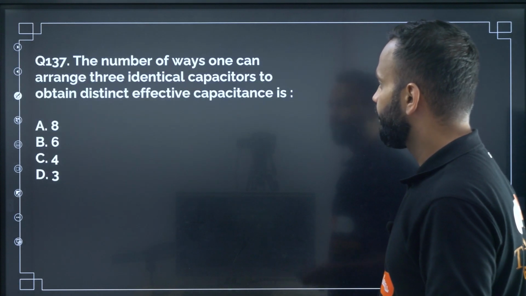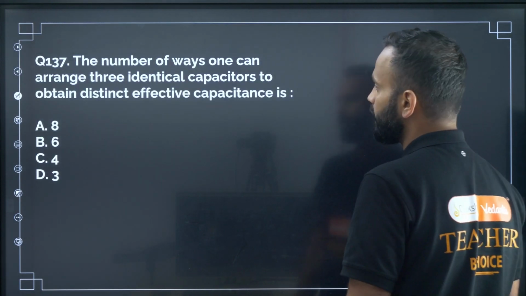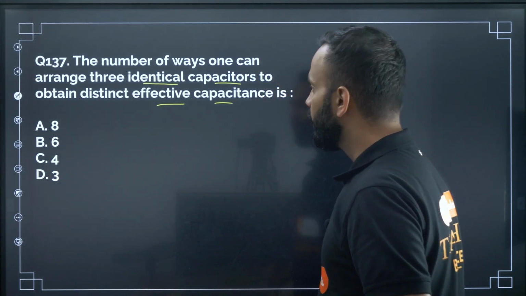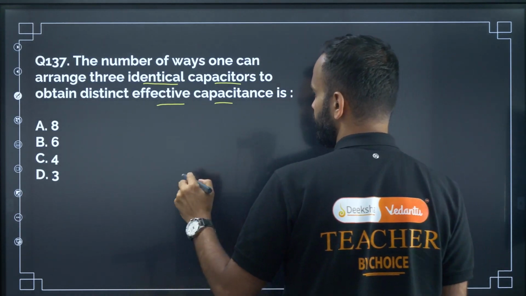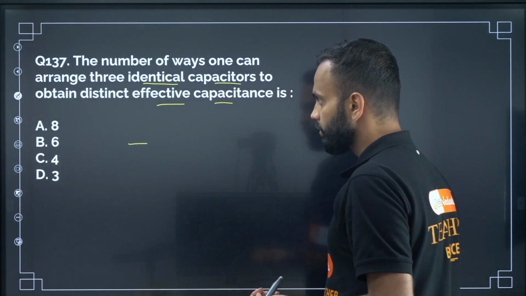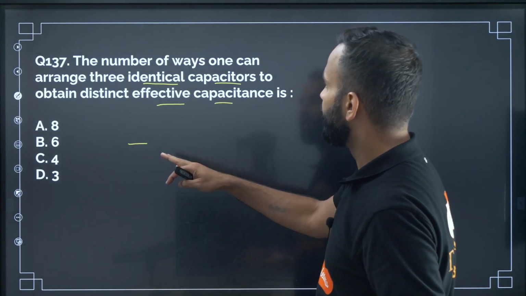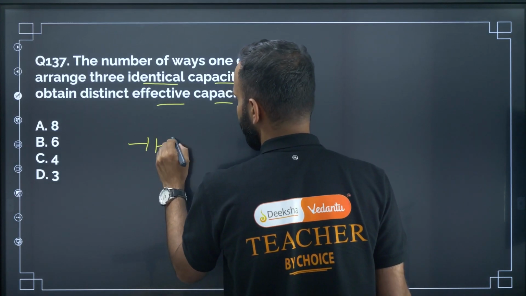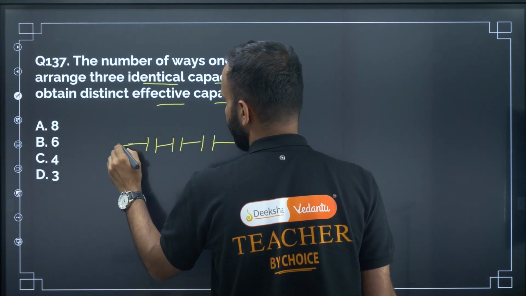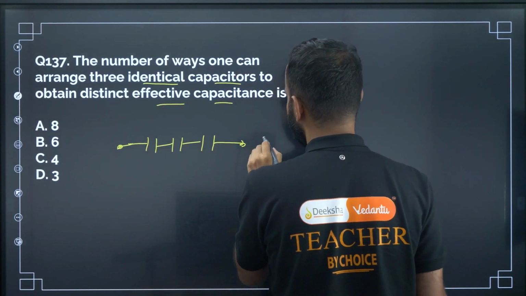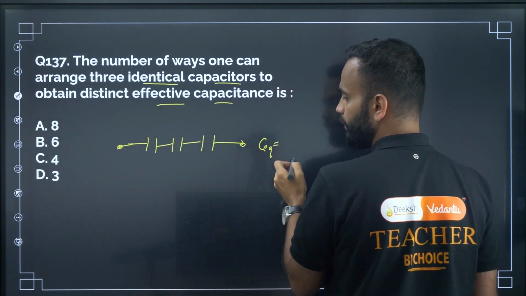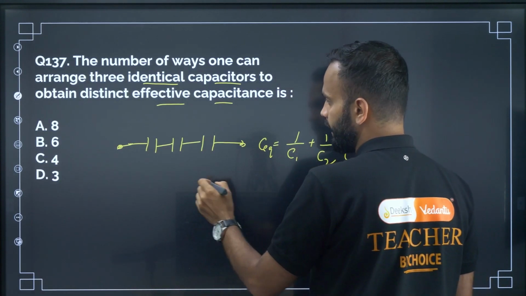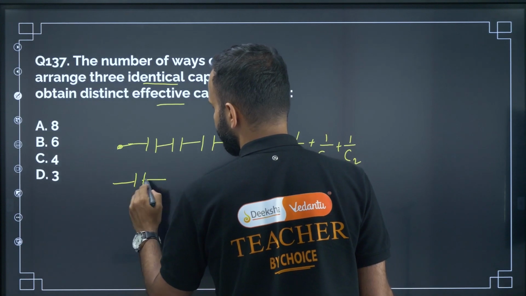Yeah, next question. Question number 137. The number of ways one can arrange three identical capacitors to obtain distinct effective capacitance is. Okay, so we have three capacitors, right? So we have to find the number of ways one can arrange three identical capacitors to obtain distinct effective capacitance. So the first way, all three are in series, right? Here we will get C equivalent, 1 by C1 plus 1 by C2 plus 1 by C3, right? And then all three are in parallel,